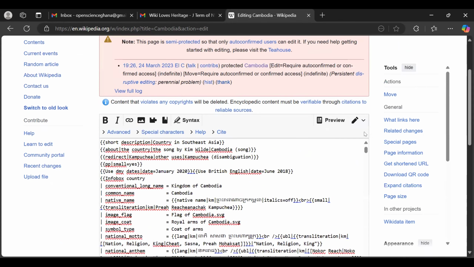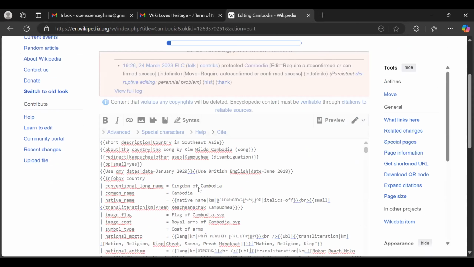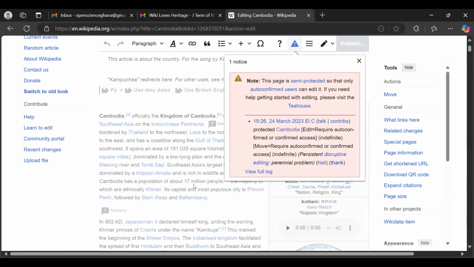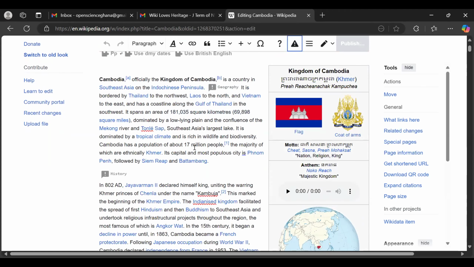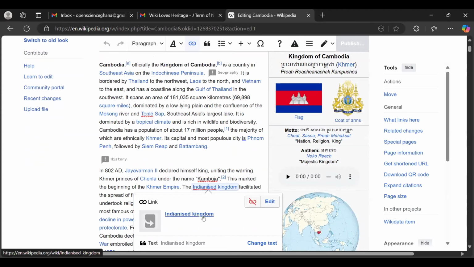But what you can do is you can actually switch by just clicking on this pencil-like icon, switch from edit source to visual editing. So now when I switch to visual editing as a new contributor, it makes it very much easier for me. The text appears nicely and I can actually edit anything I want.